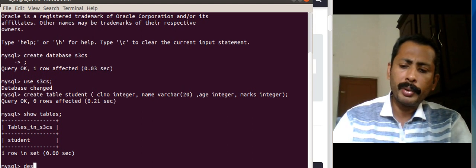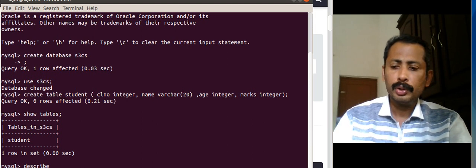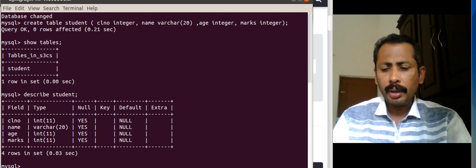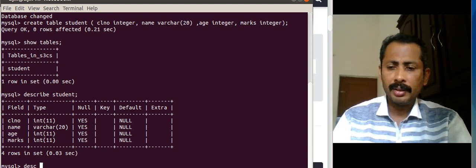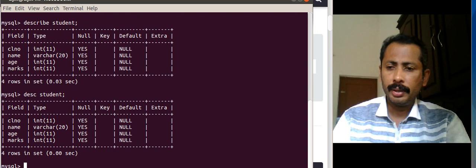Also we can use a command called describe student, or we can give the same command as DESC. The first four letters can be used for the command.